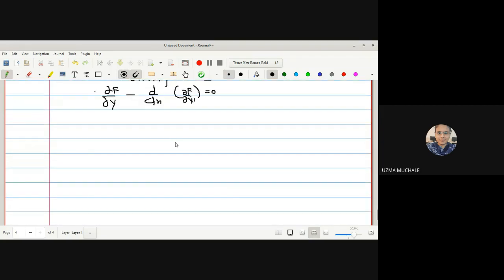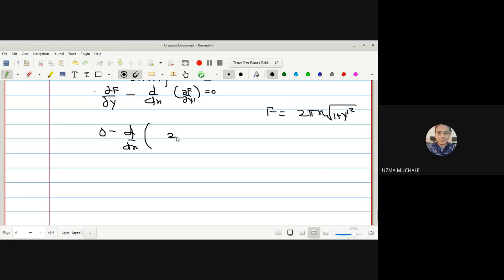Right? Now f is with us. You know this function f, don't you? What is your f? We have got it: 2 pi x under root of 1 plus y dash square. Right? Now you just have to find the derivative. Is there any term of y? What is this term, dou f by dou y? 0. 0 minus d by dx as it is. Derivative with respect to y dash.